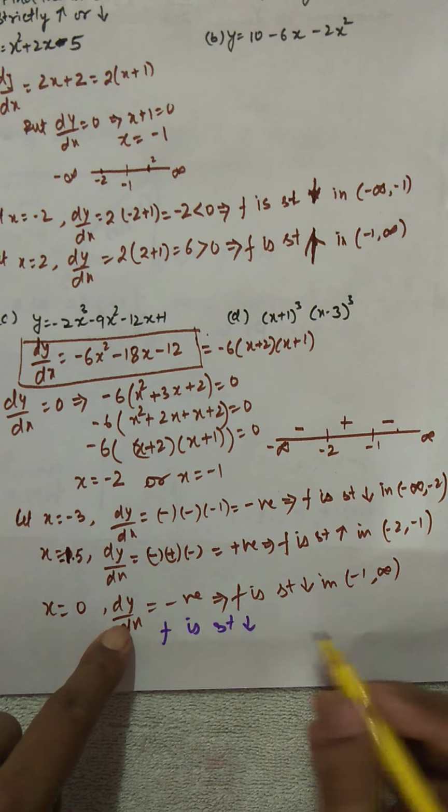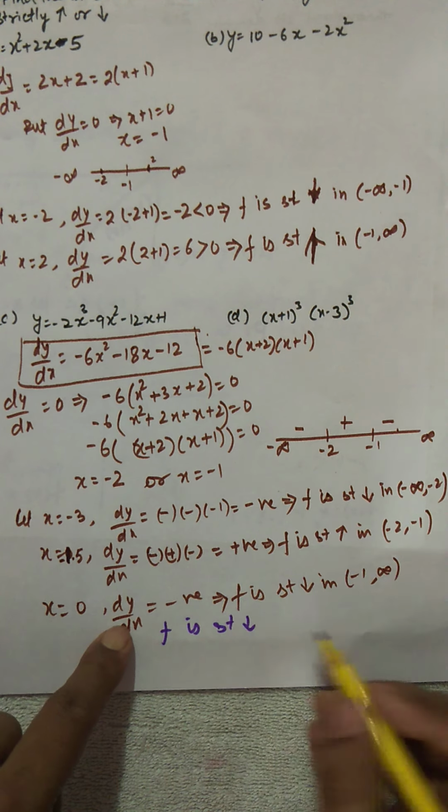We have got one another critical point. If we put dy by dx equal to 0, you are going to get x square equal to 0, and this is (2 plus x) square, this is 1 plus x, and with cross multiplication we'll get x square equal to 0. So it means that x equal to 0 is one another critical point.